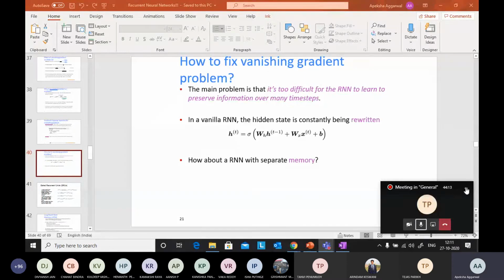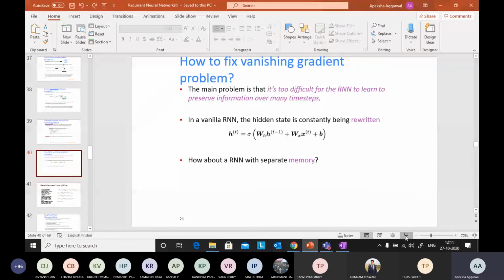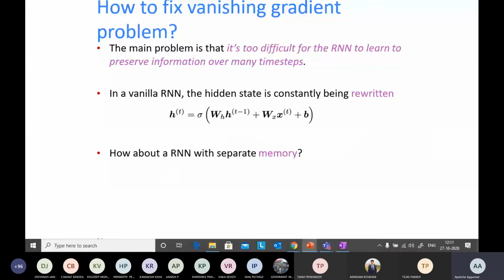Okay, so I was saying that we discussed that we take two inputs, that is the current input and the previous activation. Now what if we have a longer sentence, like I was saying, the cat does something something something, and she was, let's say, ill, or she was of black color. Another example: cats doing something, and they were ill. Okay, so this she and they